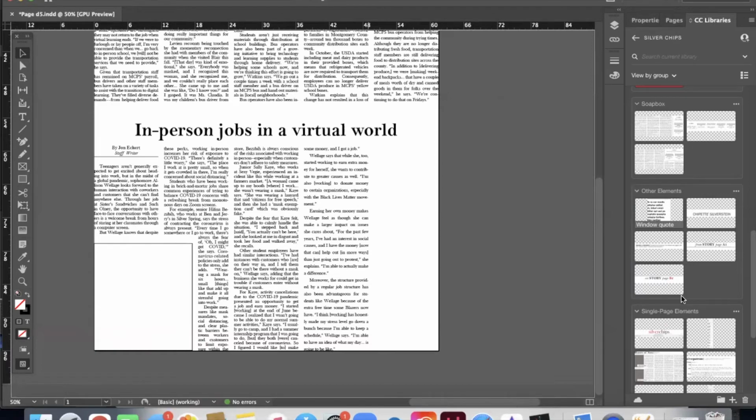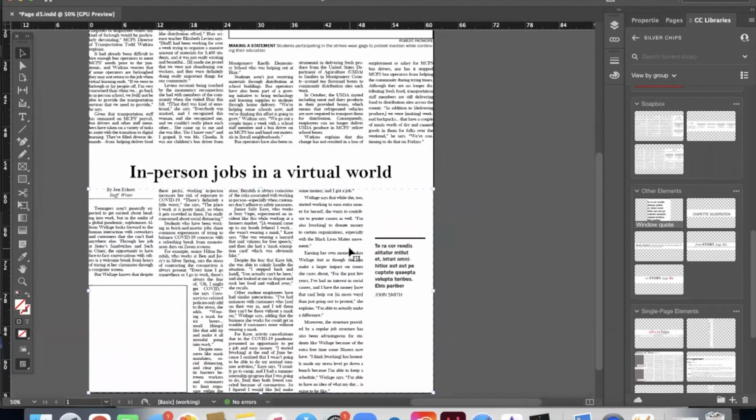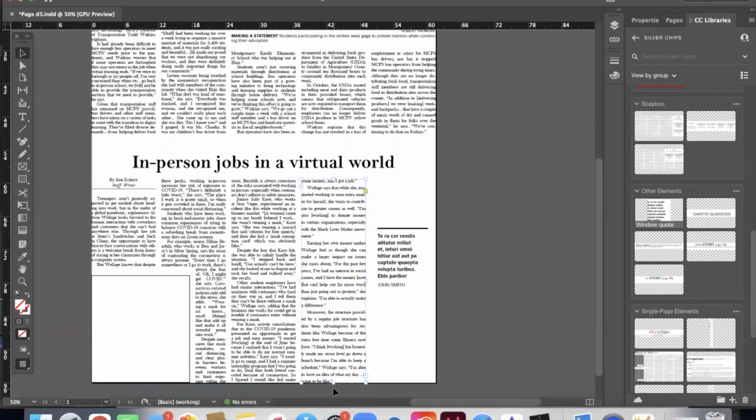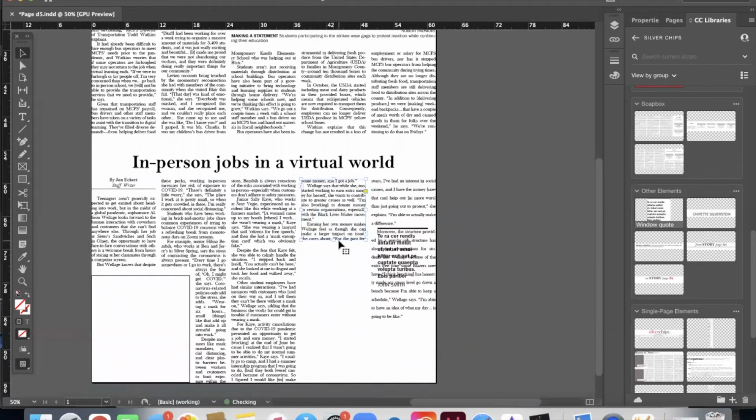Window quotes are in CC Libraries. I'm going to click, move, and then click again. You can see that's just our lorem ipsum text. And format-wise, we're going to have a separate video on window quotes, just like everything else. This one we highly recommend you watch before you start using window quotes, because oftentimes there's just so much to screw up with a window quote. But the basic idea of the formatting is that you will shorten a column, put them in the